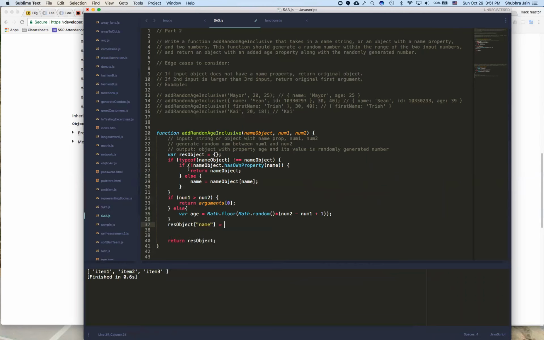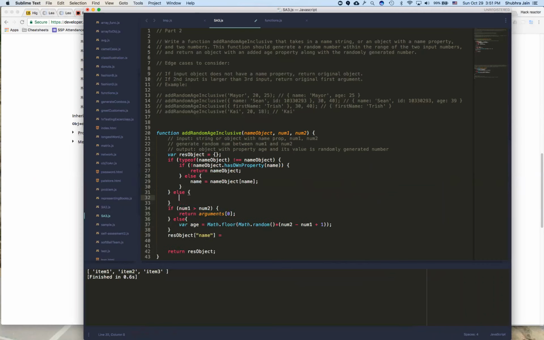So if this type, so then this is the name, and if this was not a, so if this was a string, then the name is going to be the name object itself. So I'll say this is name object. Here I took the value of the name object, right here. So my rest object is this, and then I will say my rest object also needs to have,